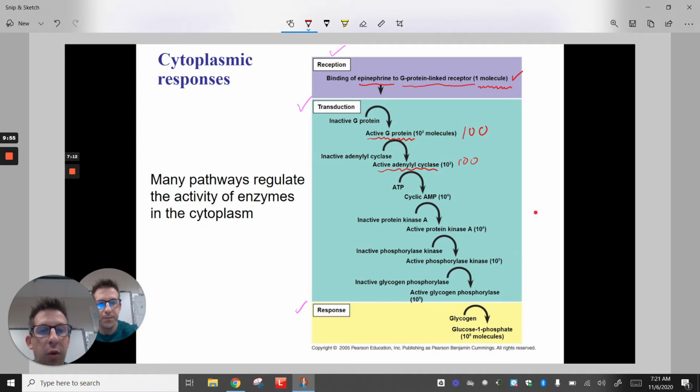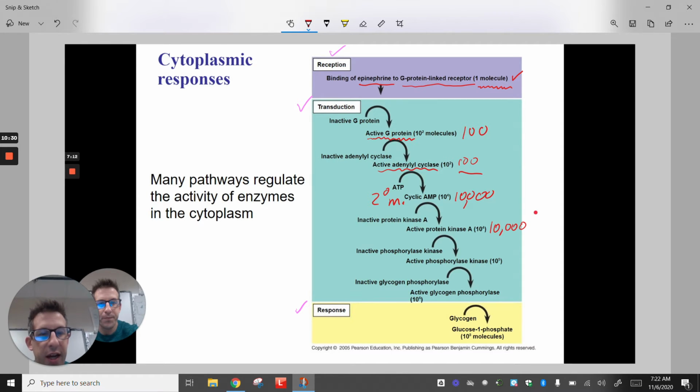Now 100 molecules of adenylyl cyclase is going to activate, I think that's how that works, you add 2 zeros, right? 10,000 molecules of cyclic AMP. Cyclic AMP is our second messenger. Okay, second messenger. It's the finger that pushes the dominoes. Now we're going to push the dominoes. Cyclic AMP, there's 10,000 fingers going to push 10,000 dominoes